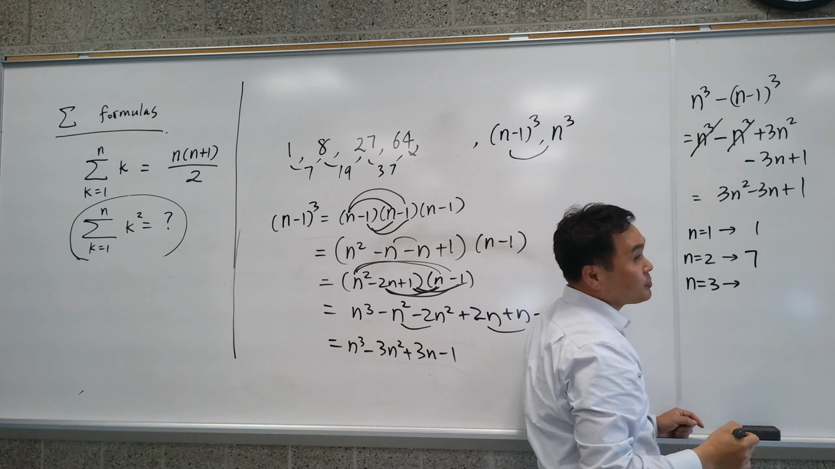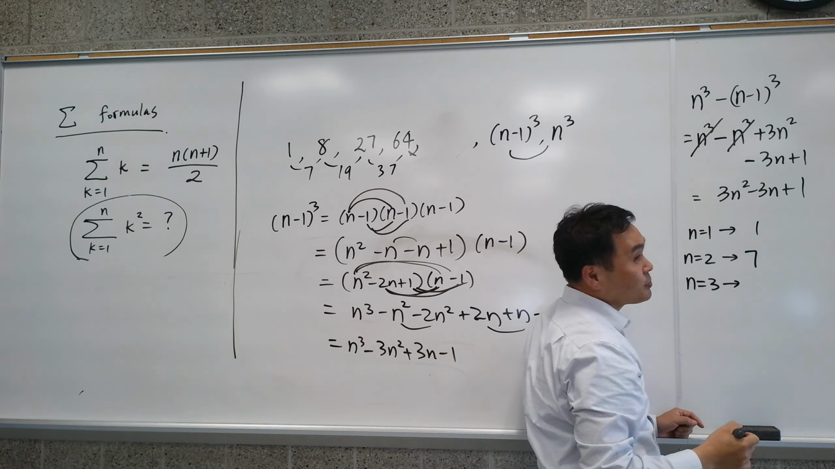When n is 3, what do we get? 3 squared times 3 is 27, minus 9, and then what do you get? 19, yes. Aren't these exactly these numbers? Right? So you're doing 1 plus 7 gives you 8, 1 plus 7 plus 19 gives you 27, 1 plus 7 plus 19 plus 37 gives you 64. Okay? Now that we're confident about what's happening to that, we can rewrite